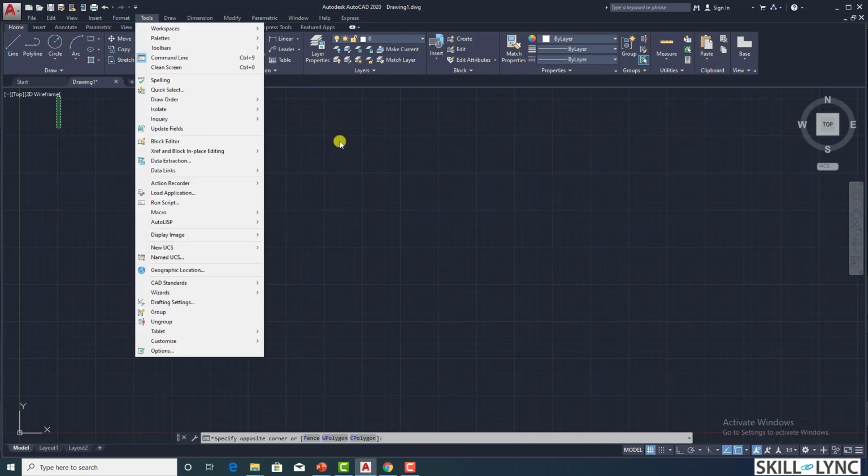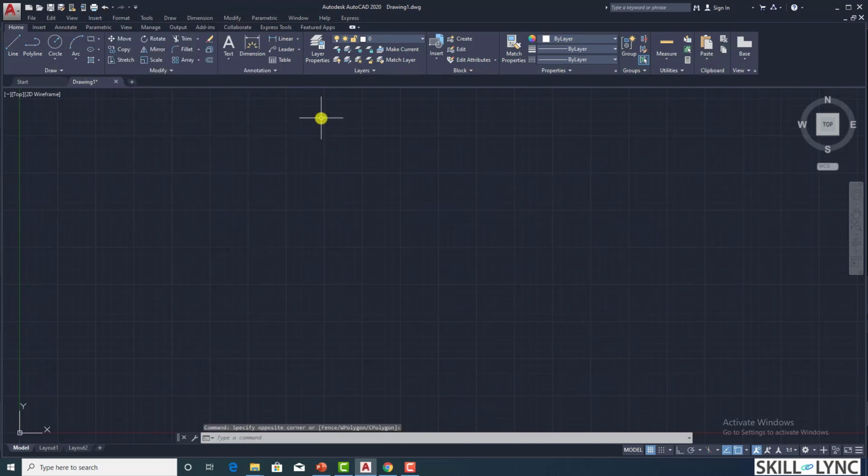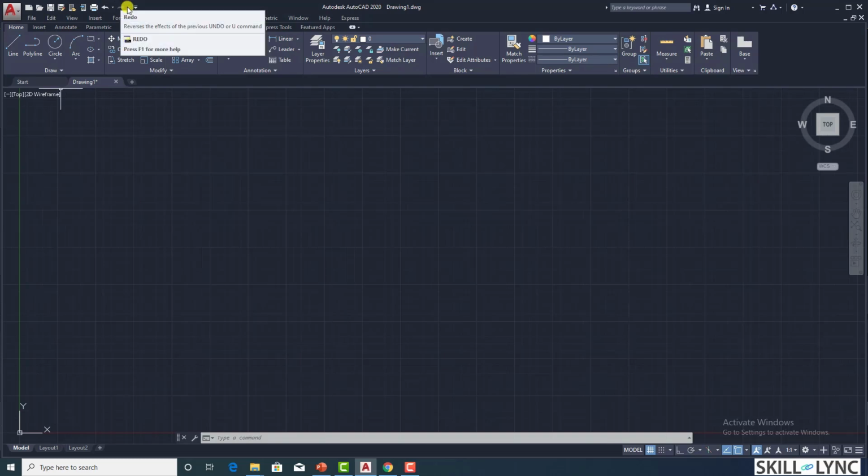Okay, so till now we have seen what the workspace is about, what the application menu is, what the ribbon is, and how to access the menu bar. Next we have the quick access toolbar. This has the commands that you use frequently during the working of the project.